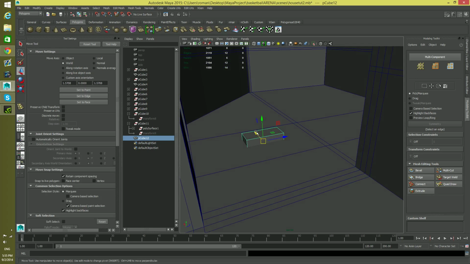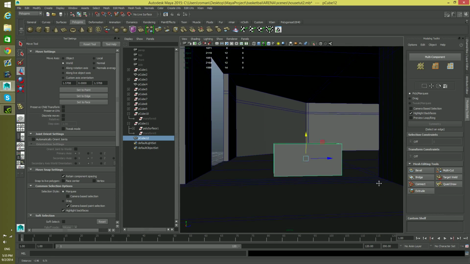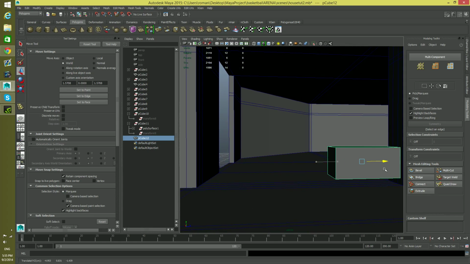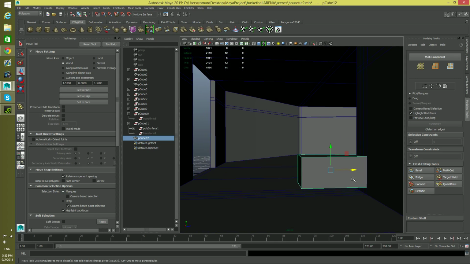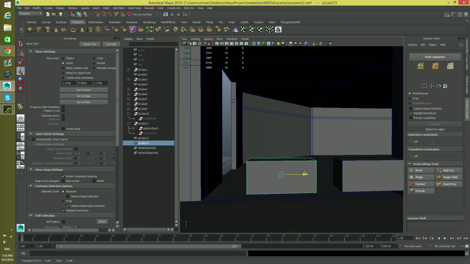Let's put it here and bring it up a little bit. Let's say I put here one, which is somewhat attached to the wall here,